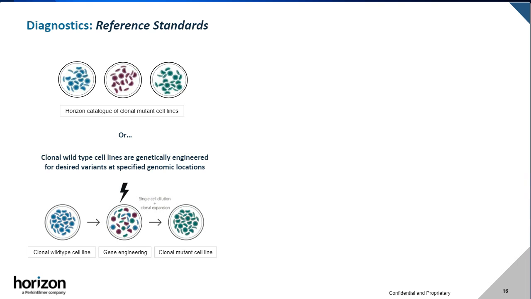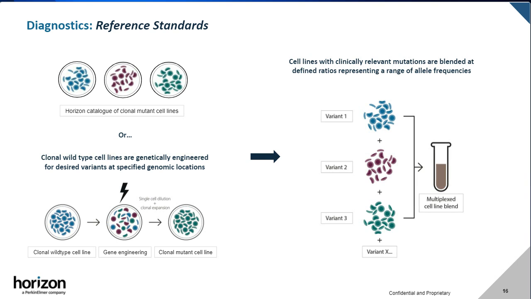After the engineering event itself, cells are single cell diluted, expanded, and cell line characterization is performed to confirm that the desired variant has been generated. Horizon customers have the choice of purchasing either off-the-shelf reference standards or made-to-order reference standards that are requested to tailor